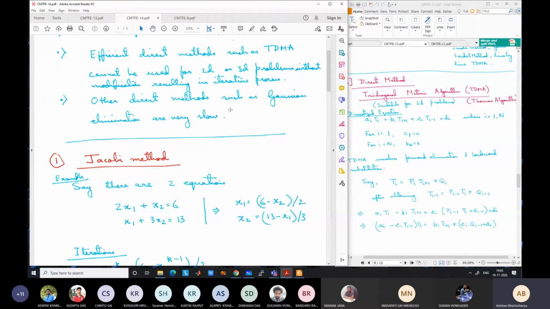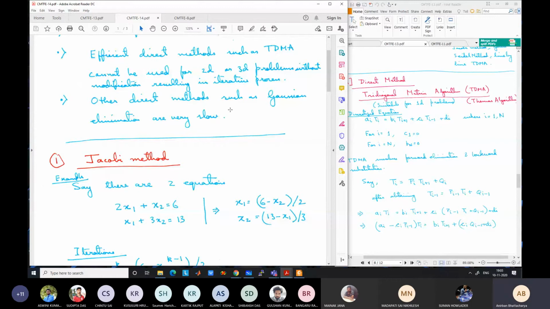There will always be some small change, so you have to stop at a point where you feel that the solution is sufficiently accurate. You may say that my convergence criteria is 10 to the power minus 6. What do I mean by this statement? It means that I am happy if the error is less than 10 to the power minus 6. If the error is more than 10 to the power minus 6, I will continue iteration. If it is less, I will stop the iteration.